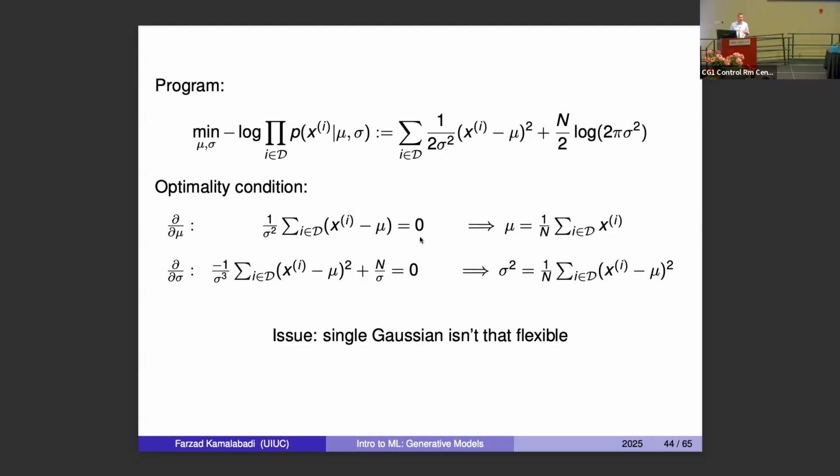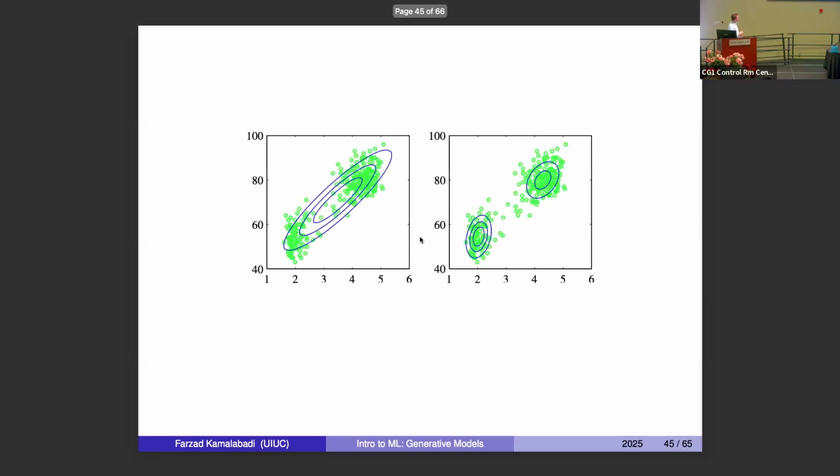And what's the difficulty? The difficulty is that, of course, most data is not captured with just one cluster, with one Gaussian. So it's almost like solving k-means with just k equal to 1. That doesn't give us much, right? You just determine the amount of spread and where the center of that cluster is. So we generalize this. How do we generalize it? In this case, we have two Gaussians, okay?